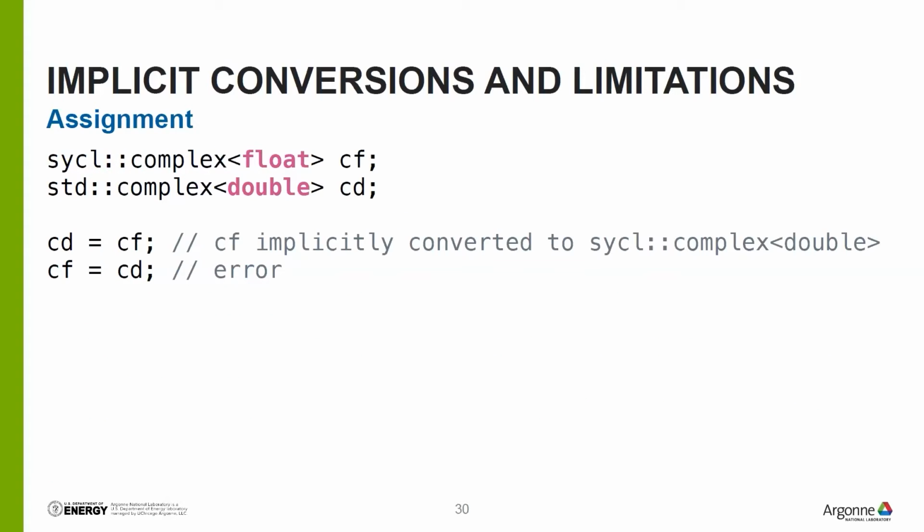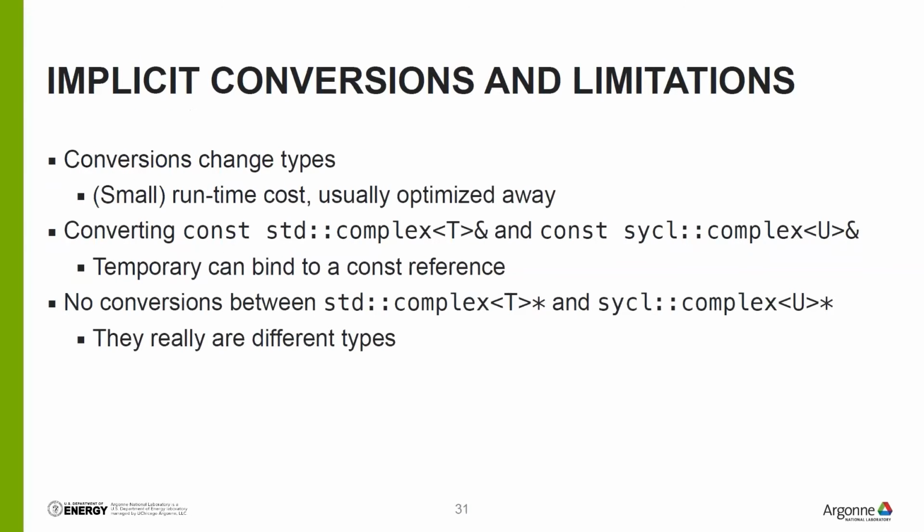And if you're doing assignment, because of those conversions, it just does the right thing. Right, a standard complex double won't lose information, so I can assign it from a SYCL complex float, but the other direction doesn't work because that would lose information. Now conversions, they change types, right? It's a small cost,